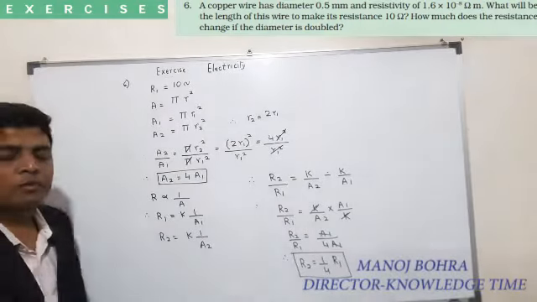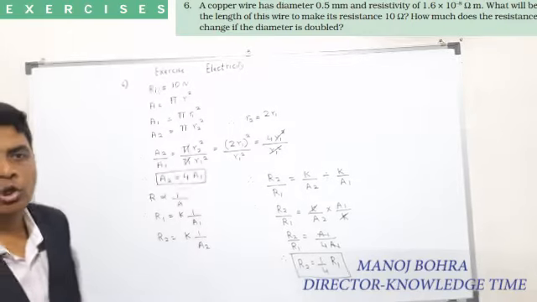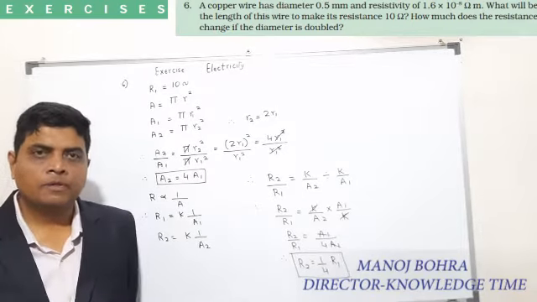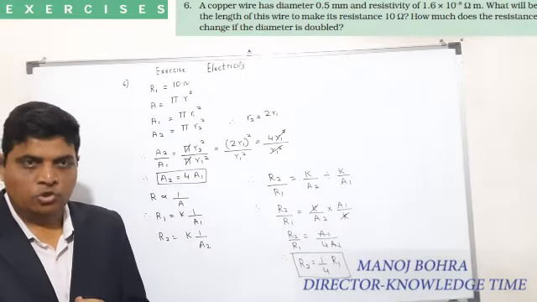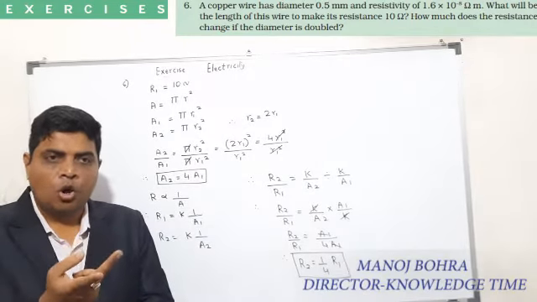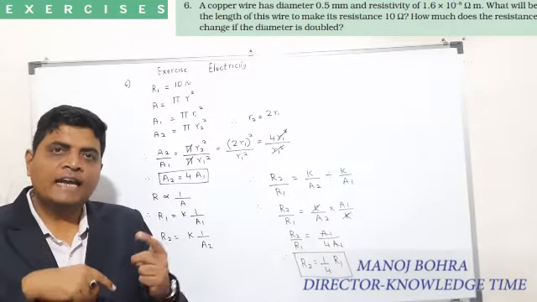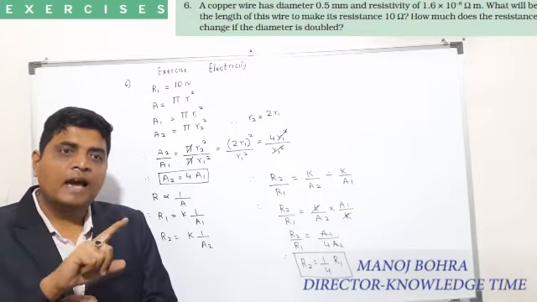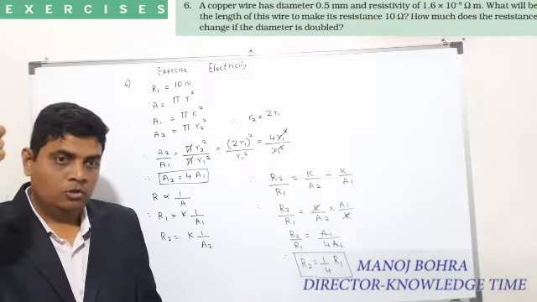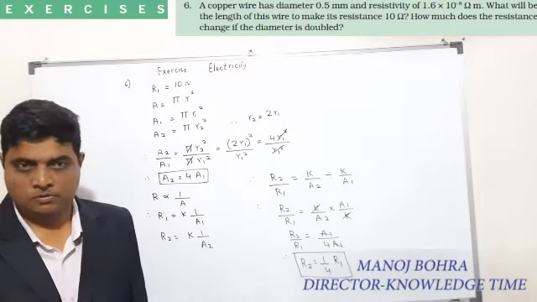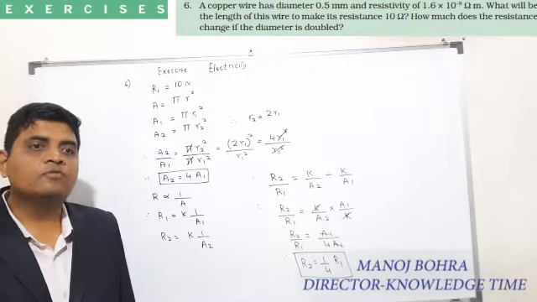What is given? Your diameter is doubled. Okay, so what will happen to the area? See, area is directly proportional to the square of the radius. So if your diameter is doubled, automatically your radius gets doubled. If your radius gets doubled, then area raises by the power 2. It will be radius square. So area becomes 4 times. This logic we should know. If the radius is doubled, area becomes 4 times.